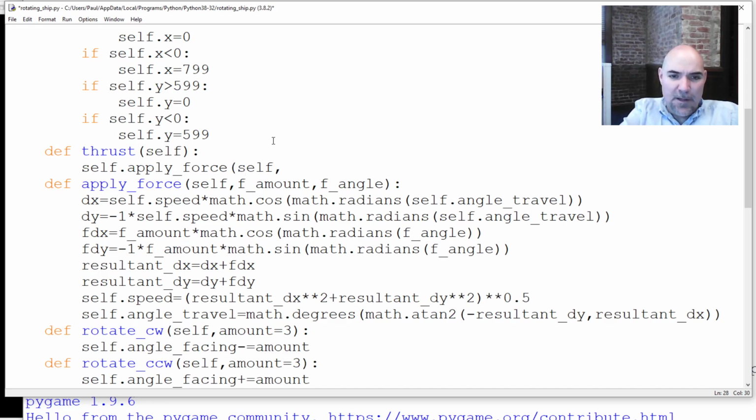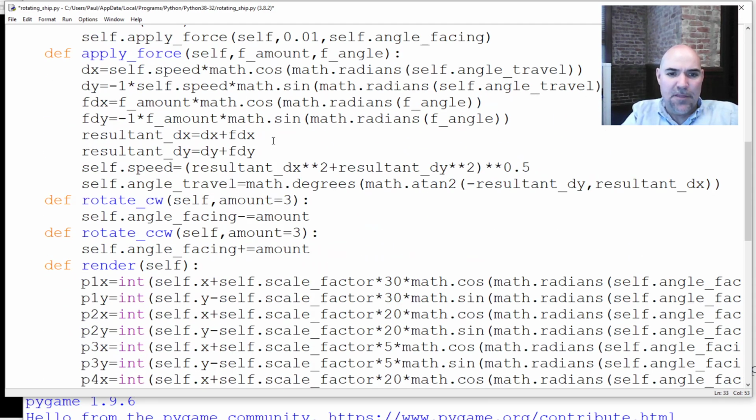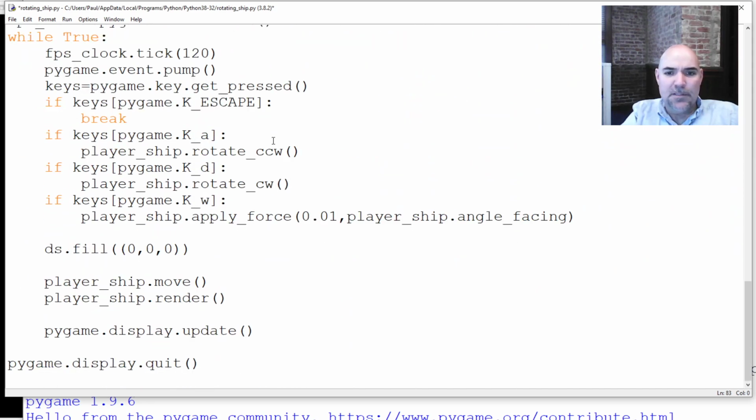And in here, I'm going to pass in my amount 0.01 and my angle self dot angle facing. So now in my code down here, I can just call ship.thrust, and that will call that for me. So down here, rather than calling apply force,